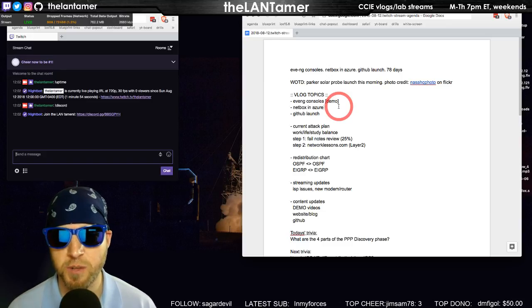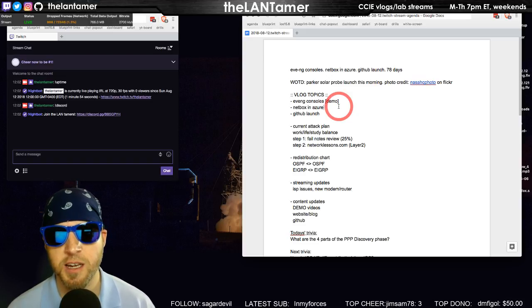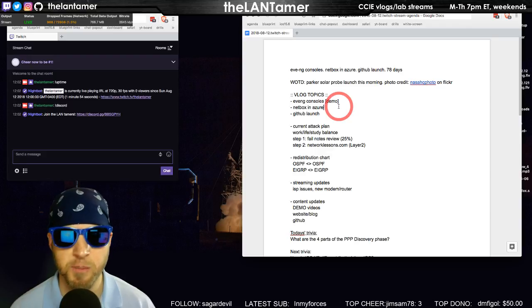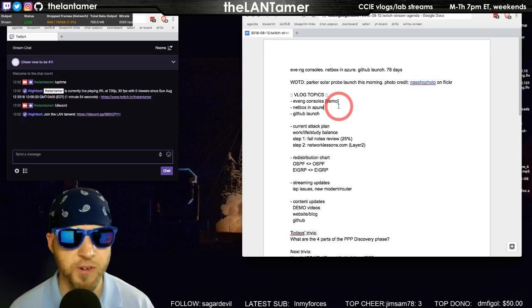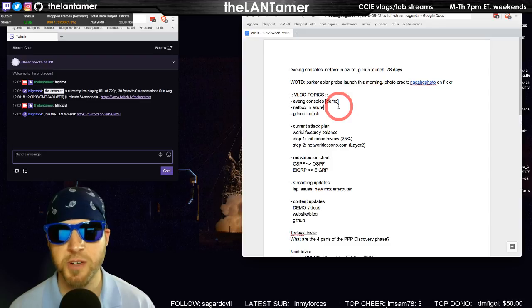spin up an Azure box, virtual machine, and put NetBox in there, and it works. It works great. If you're interested in that, I also set up my first GitHub repo. If you'd like to do that yourself, I posted a picture of it on Twitter and Instagram, I think, and maybe in Discord. But it's cool. It's a nice little IPAM. It's free. It's open source. You can even become a contributor. And it runs great in Azure.